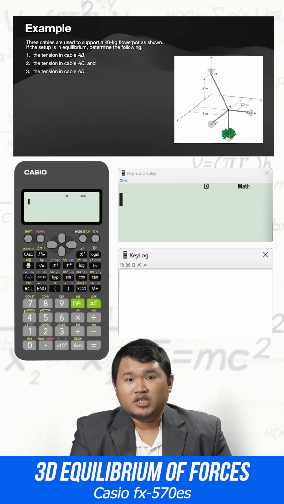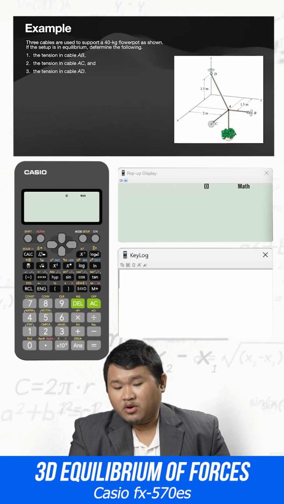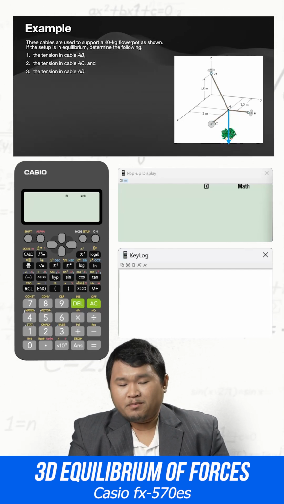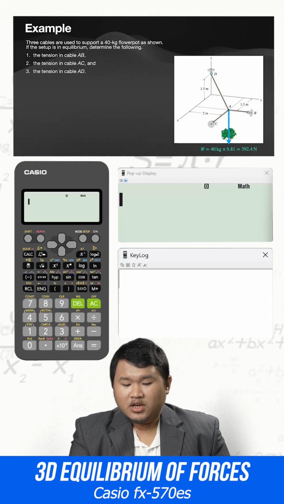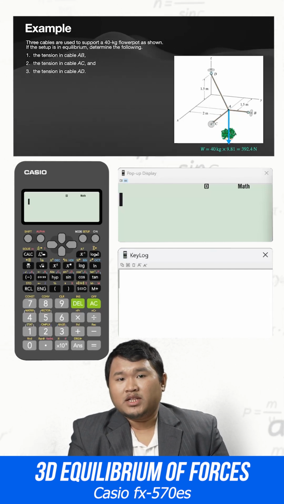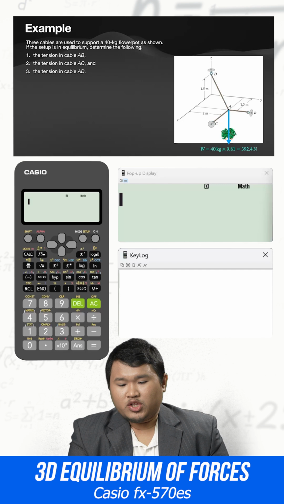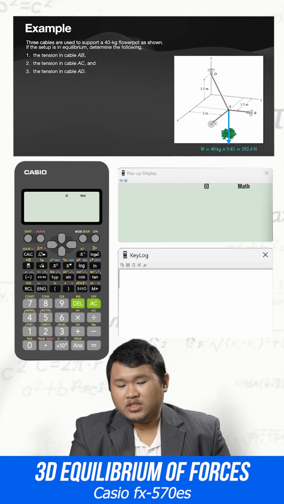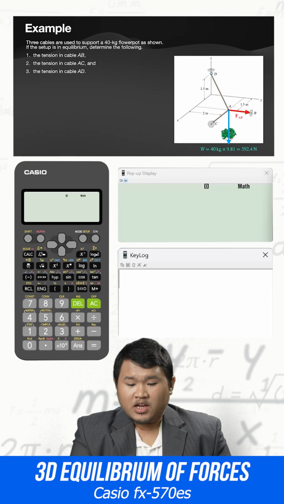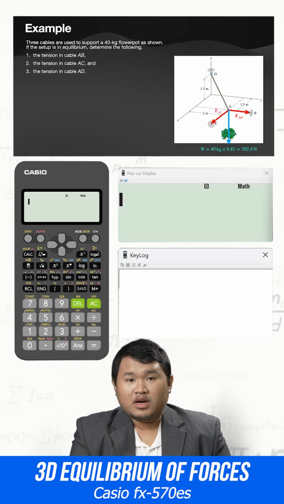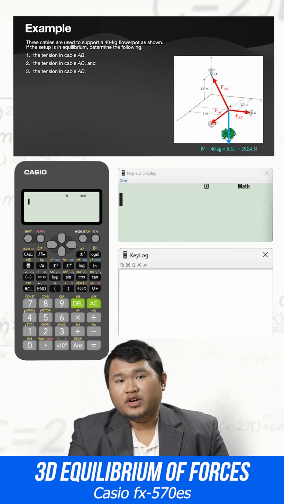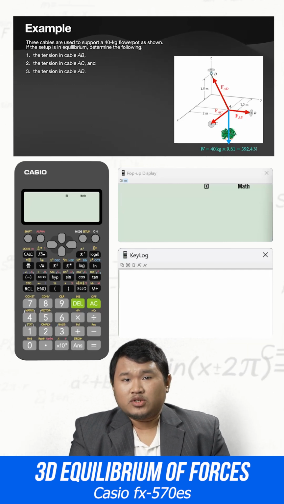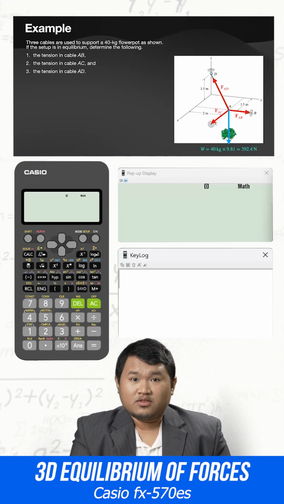Now, first step is to draw the free body diagram of the system. So as you can see here, we have the weight of the flower pot, which is 40 kilograms. Multiplying that by 9.81 gives us the weight in newtons. Next, we have 3 cables here. By drawing the tension forces on the 3 cables, so we have for AB, we have for AC, and we have for AD. Since they are tension forces, the direction is always away from the point to which it is